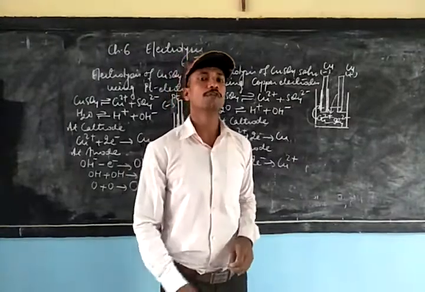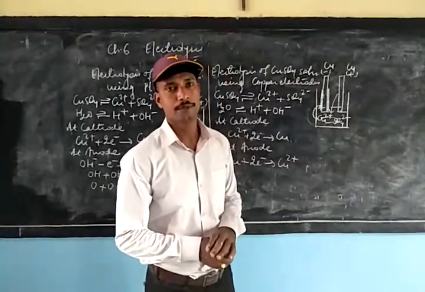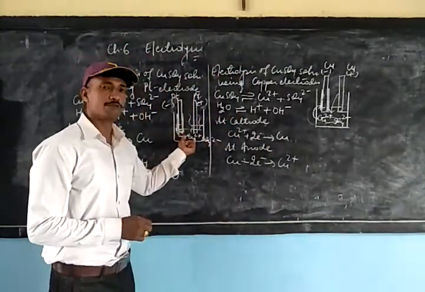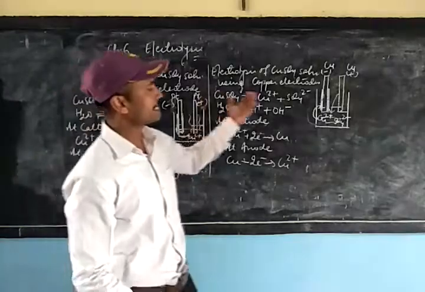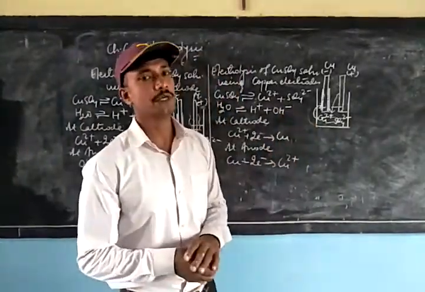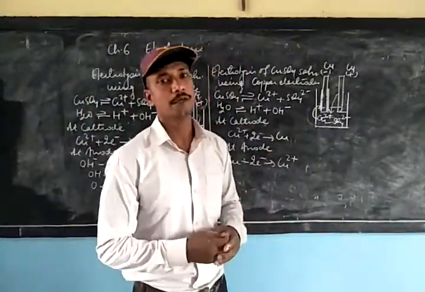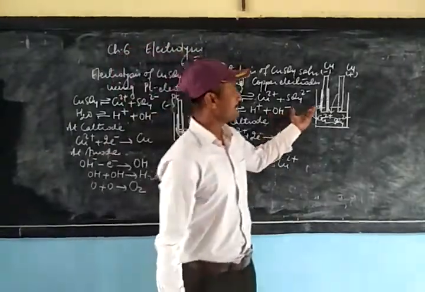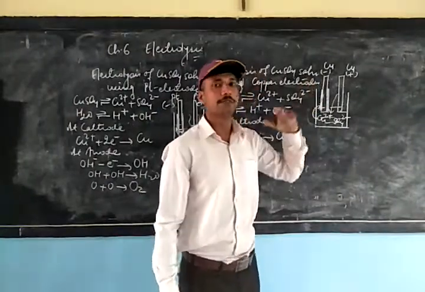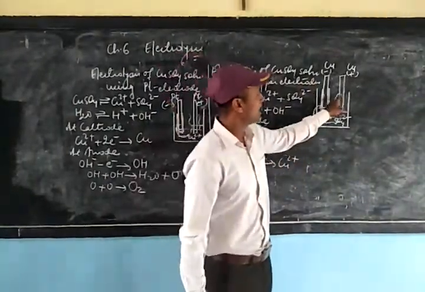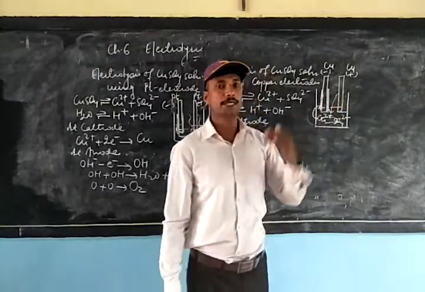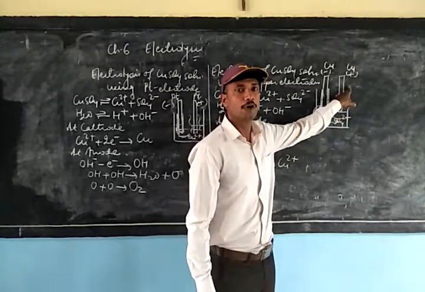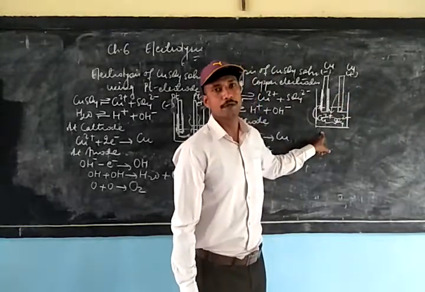Here the blue color of the solution does not fade. This is very important difference. In this case, slowly that blue color of solution will fade, but in this case the blue color of the solution will never fade. It retains the blue color of the solution. But at the same time you can see that cathode will become thicker and thicker, and this anode will become thinner and thinner as copper is losing electron from the anode and is coming into the solution.